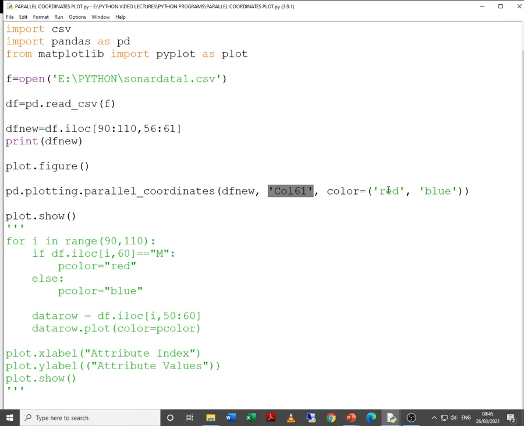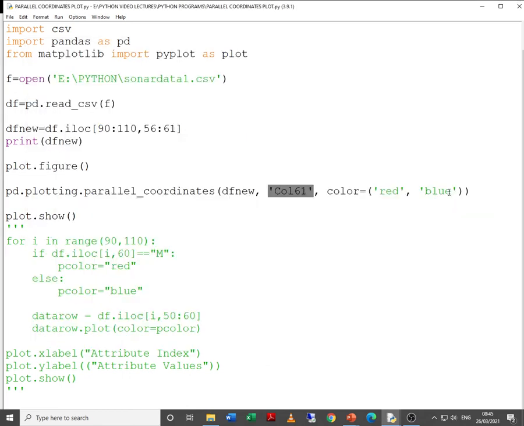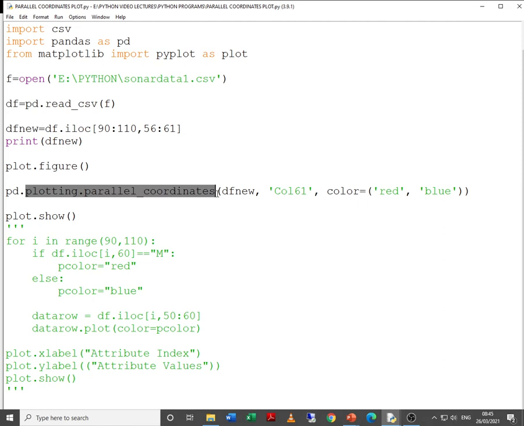Red for rock and blue for mine, so that is why the things are coming a little bit differently. But basically doing anything in Python is very simple. The code is also short. As you can observe, you need to remember just plotting.parallel_coordinates, two methods, and your graph is ready.